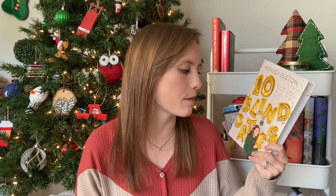And this book is about Sophie. Sophie has an overprotective family and she cannot wait to get away from them for Christmas and spend it with her boyfriend Griffin. Little does she know, Griffin wants a little freedom himself and he breaks up with her. So now Sophie is stuck with her family for Christmas, and her grandmother actually comes up with an idea that